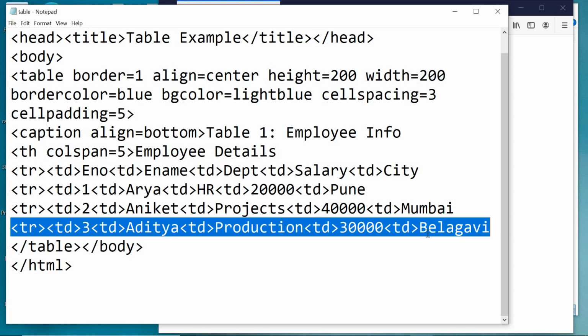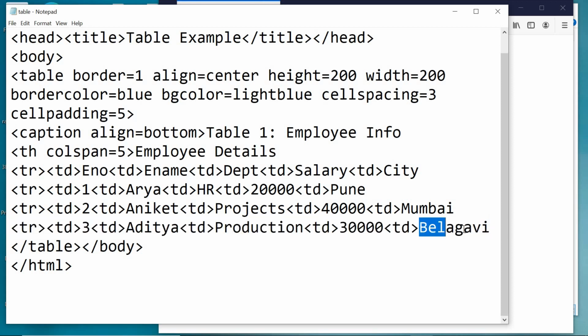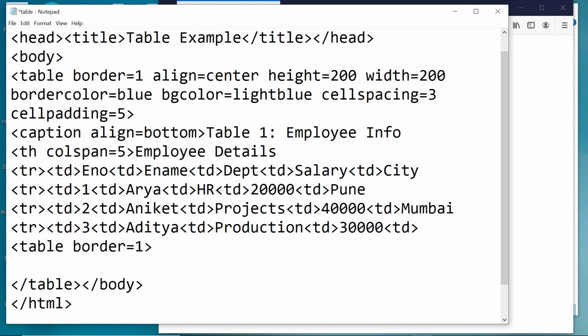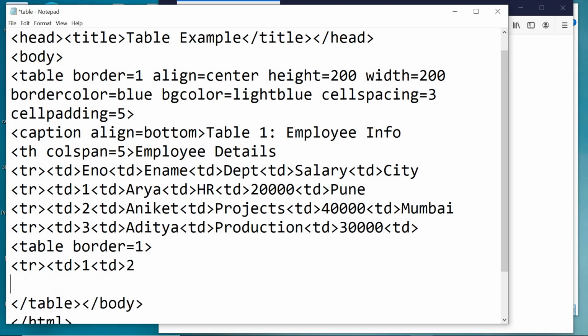Where Belagavi is there, just remove Belagavi. Later, open the table tag with border is equals to 1. Then the first row TR, then TD1, then later TD2, that is 2 rows and 2 columns.